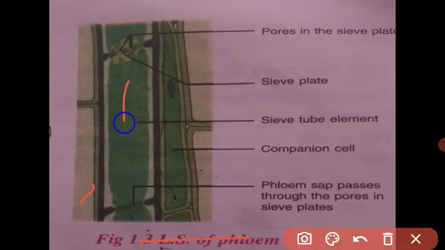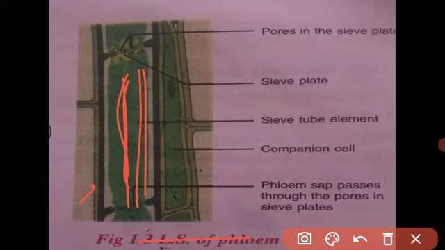See, this long, elongated, tube-like structure is called the sieve tube. A sieve tube is a cylindrical structure, and they are arranged vertically, one by one. Got it? The sieve tube is very important because at the end of the wall there is a plate-like structure, and this plate's main function is transporting the food from cell to cell.